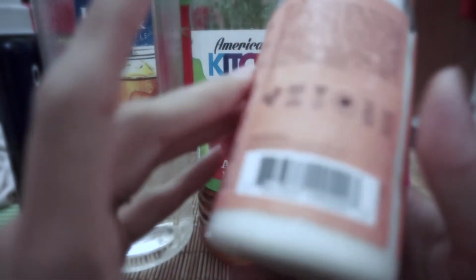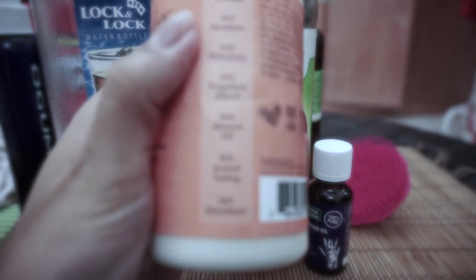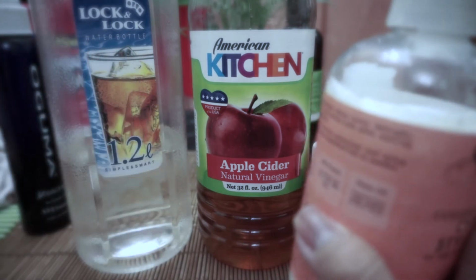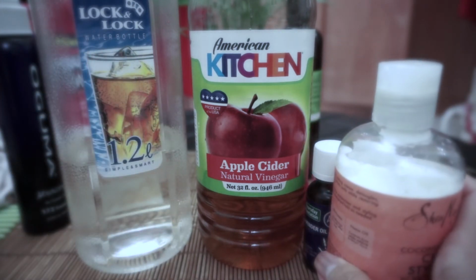Just put maybe the size of a coin, and then rub it with your palm, and then apply it onto your curls and squeeze it just like that. I'll let your curls dry naturally, and then yeah, here we go, you would get very nice curls. Okay,